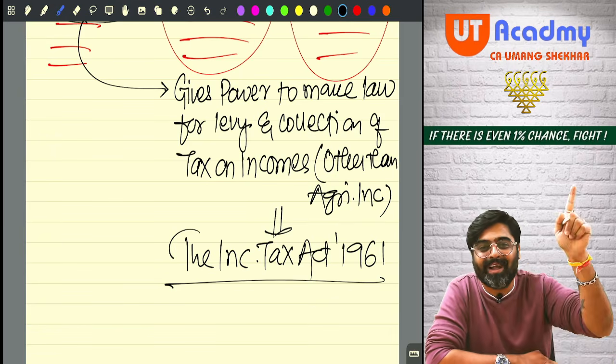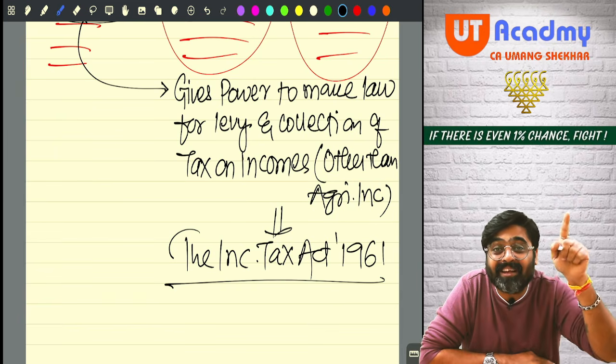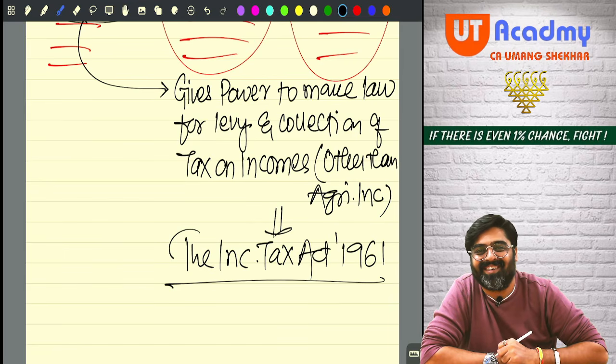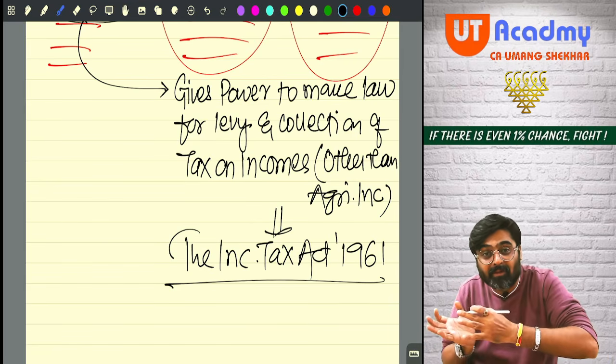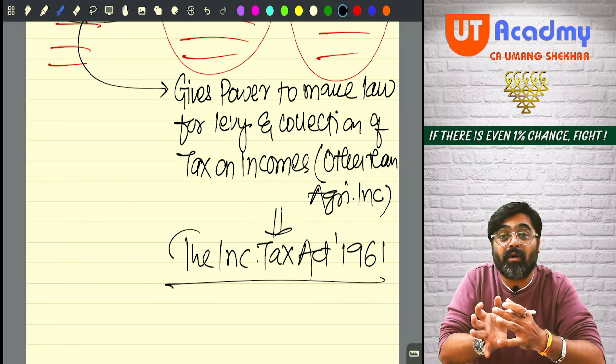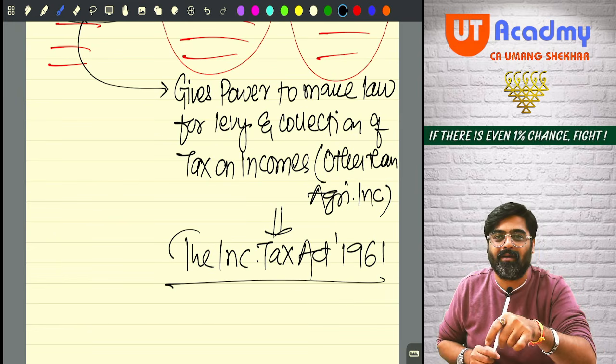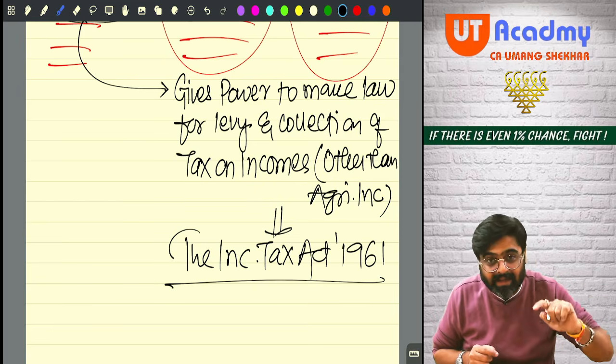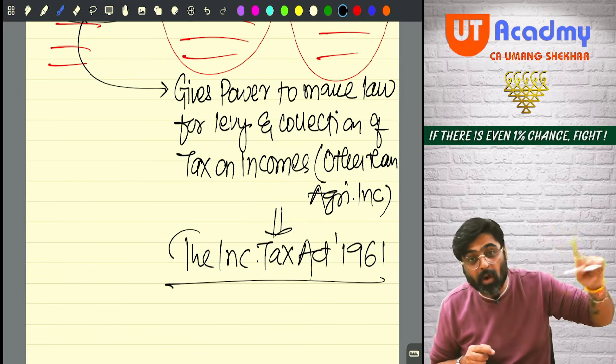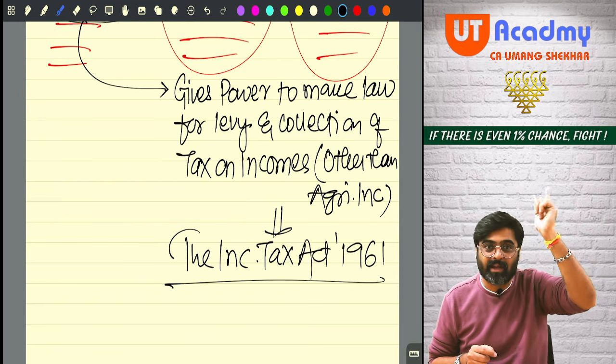And who will do that? The central government. Now the central government will have the power through this law to levy and collect taxes on all incomes throughout the territory of India